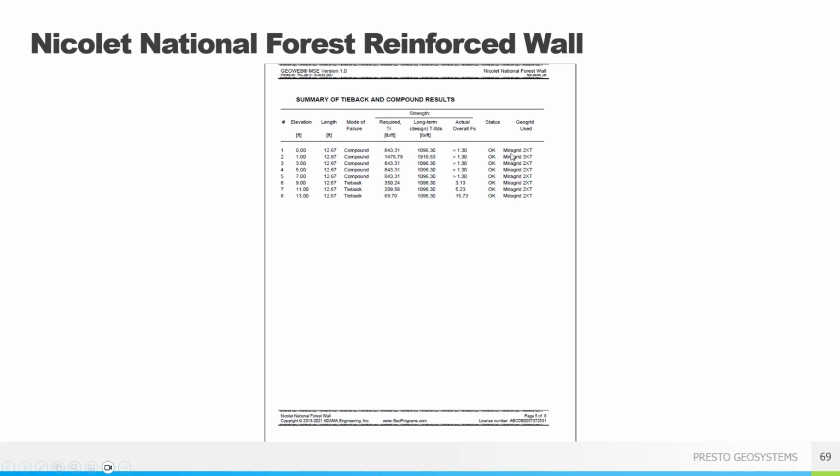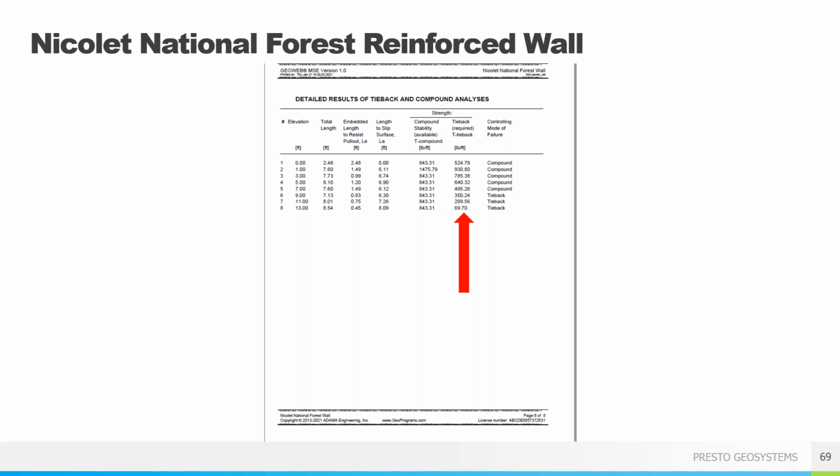So here it's going to show you all your different types of factors of safety, your status, the GeoGrid used to achieve that factor of safety. And here's what I was talking about, we need that 3XT only really for this one layer. So you're not going to buy one roll of GeoGrid just for that one layer. So once again, I would highly recommend just going with the 3XT. Like I said, we can work with our distributors in that area and show you the difference of cost. But like I said, it'll easily be made up in the constructability on site. So once again, your mode of failure, the GeoGrid used.